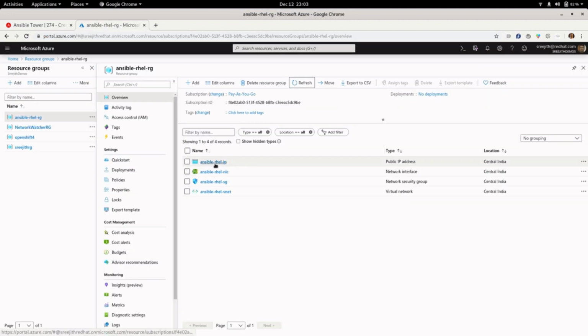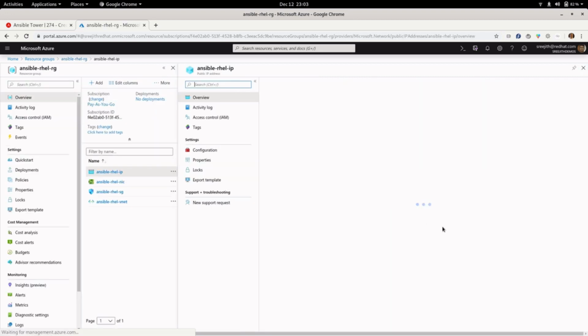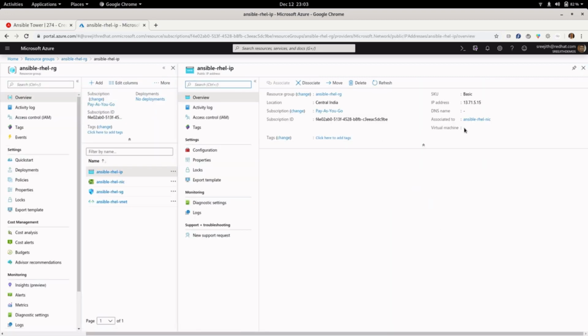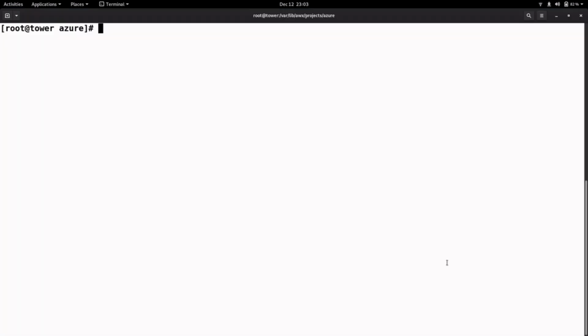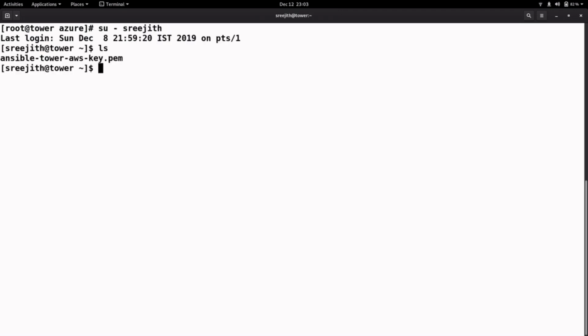So let's see what is the IP address which is created to access this instance. We have 13.71.5.15. So what I do is I can actually connect to this instance. I will log in as user Srijit.